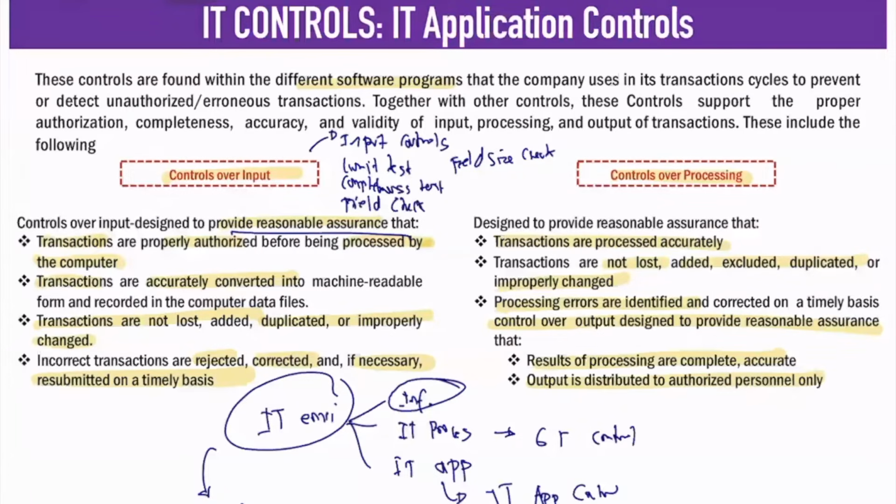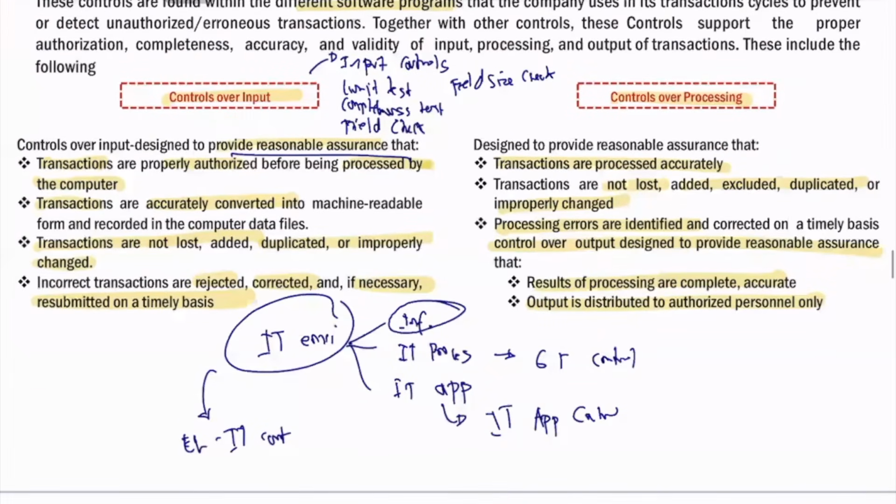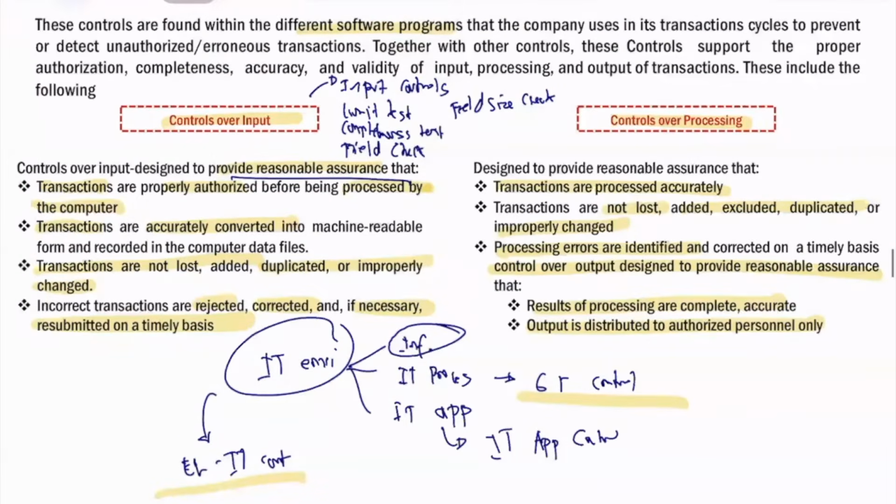Now, having known the different IT controls and having known the whole IT environment, based on the IT environment, we have your RIS. So we have your RAIT. These are your RIS arising from the use of your IT. And based on those RIS, we place your different controls. Entity level, we have your general control, and then we have your IT application controls.